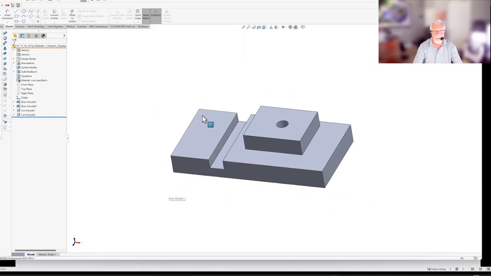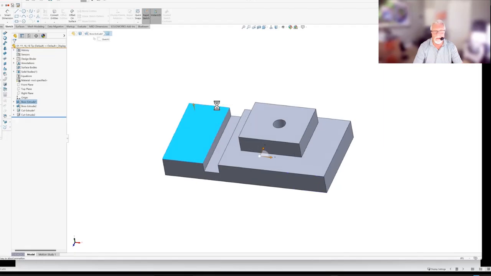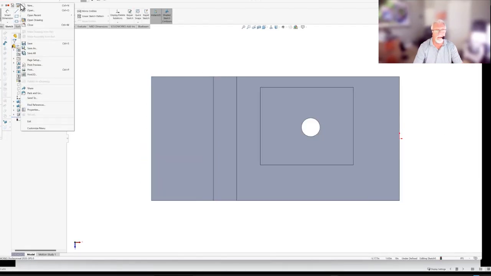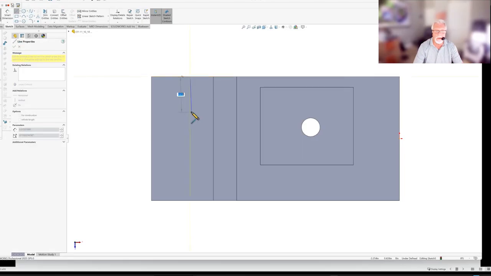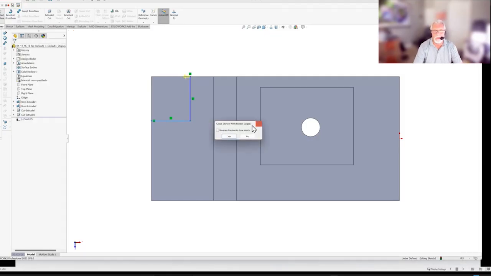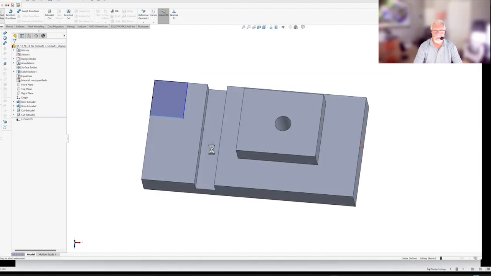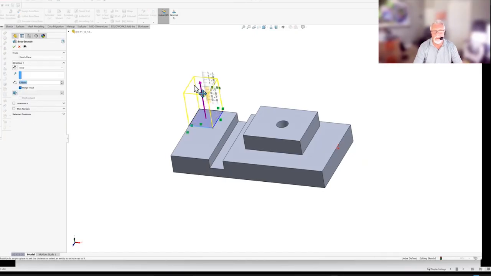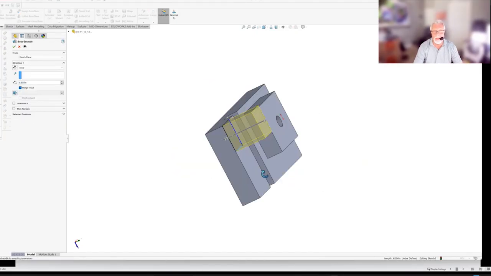So I'm going to show another quick sketching thing here very quickly. I don't know if many people know this, but I'm going to sketch on this surface here. You know how we use convert edges? You don't need to do that. If you want to use these two edges here, I'm going to go ahead and do my feature. It's going to ask me, do you want me to close this sketch for you? I'm going to take those two edges and close to those two points and say yes. So now I have an enclosed sketch, and I can go ahead and